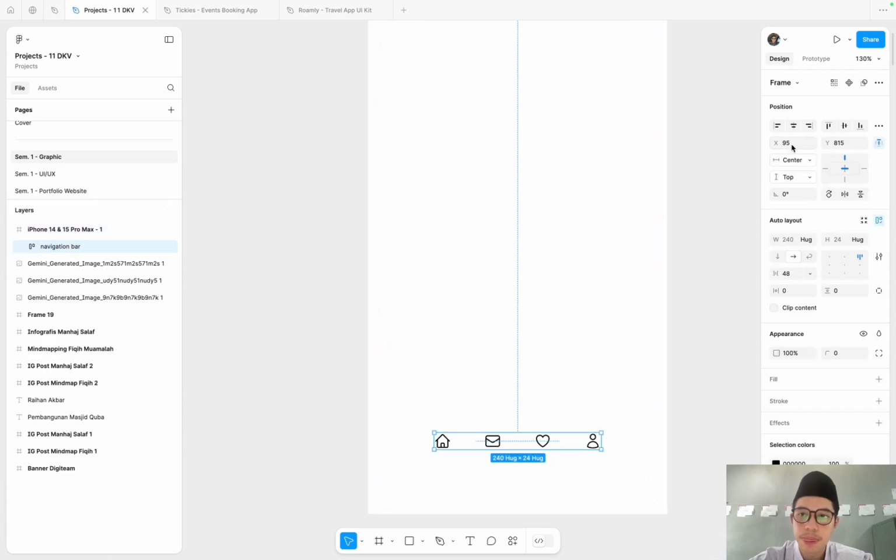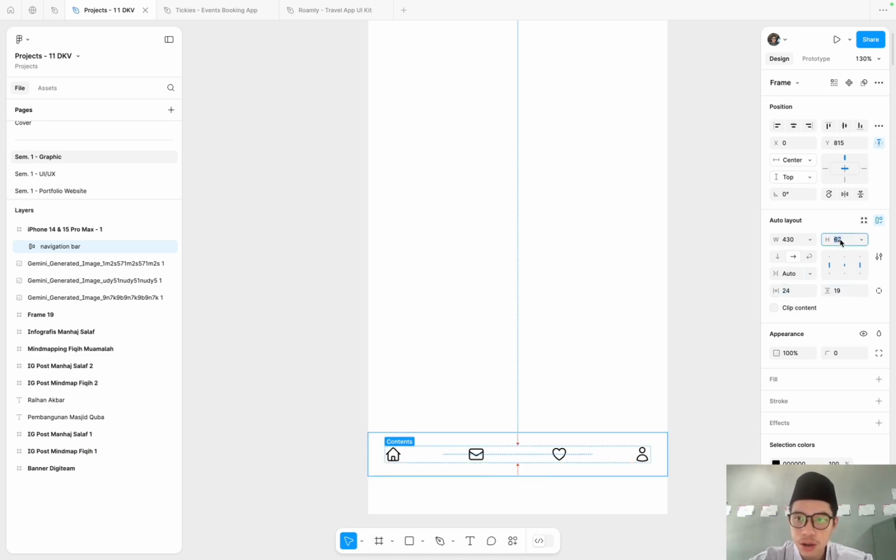The width 430. Okay, make the elements center aligned and give a gap 20. Maybe I suggest we add 24, and the height is 64.